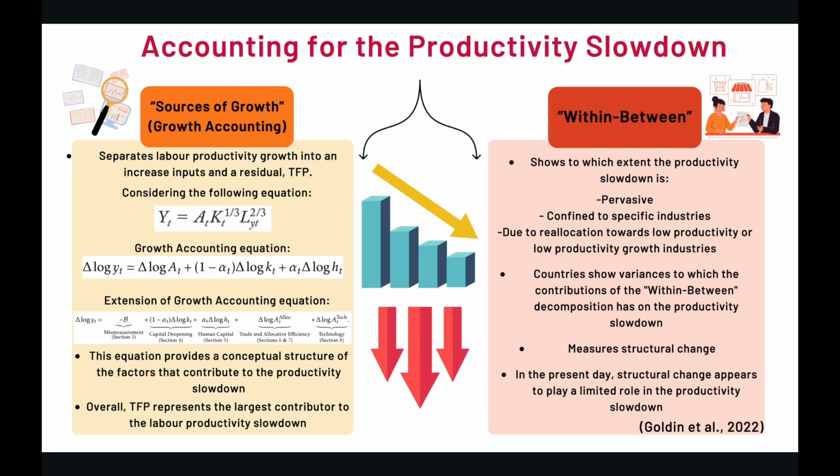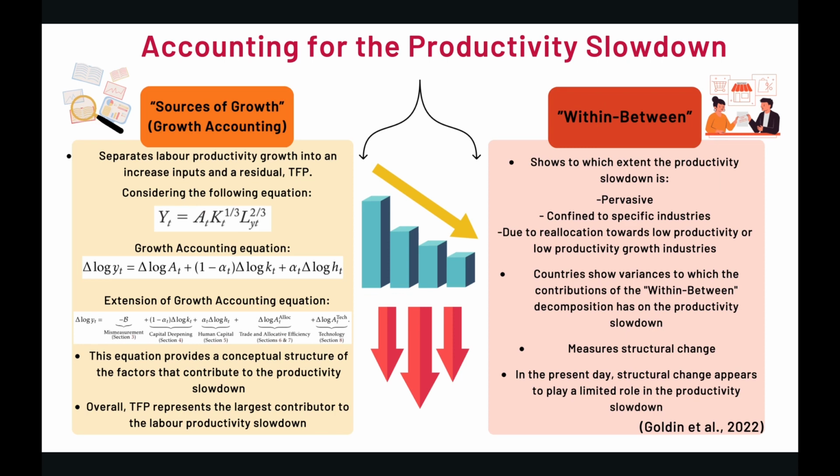Growth accounting separates labor productivity growth into an increase in inputs and a residual, TFP. Considering the following production function, A_T corresponds to TFP. The second equation presents an application of the growth rate rules to the production function, where the growth rate in output per unit of labor is decomposed. The final equation is an extension to the growth accounting equation above, providing a conceptual structure of the factors that contribute to the productivity slowdown, making it possible to trace the sources of growth and thus the sources of the slowdown,